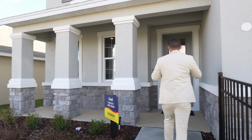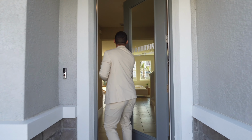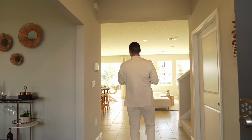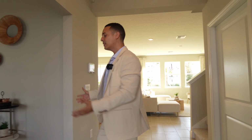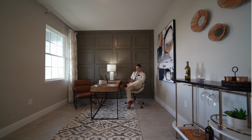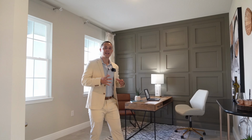And so, stepping into the house, we're going to have this nice, beautiful, tall door. You're going to have 10-foot, 4-inch ceilings in this home, so really tall ceilings. On this side, we're going to step into the very first flex room. Now, this home is 4-bed, 3-bath, 2,756 square feet, just for a quick reminder,